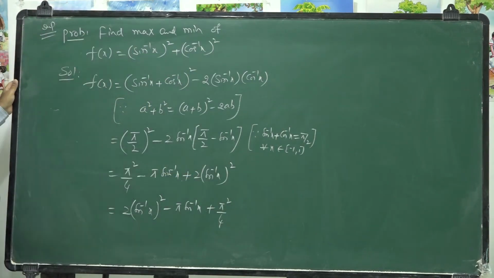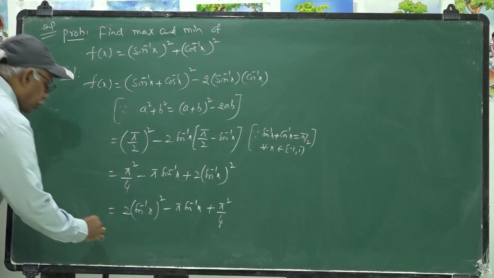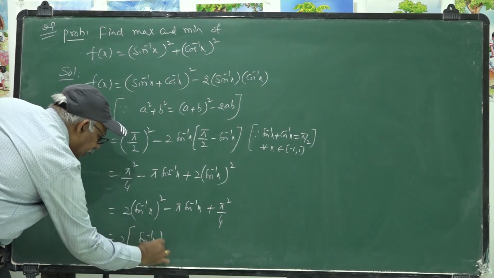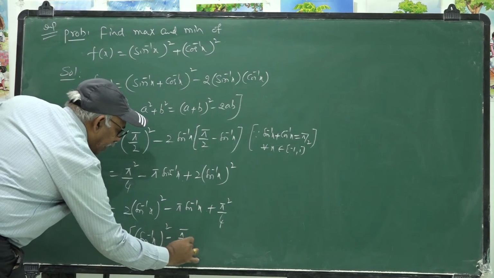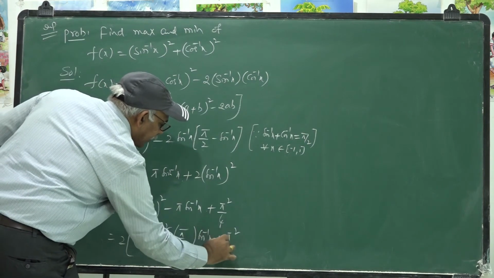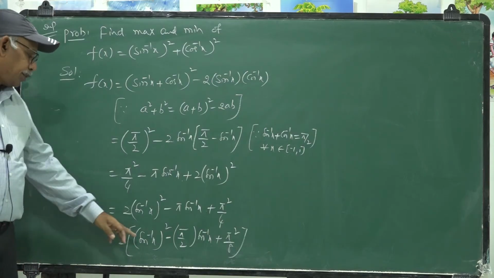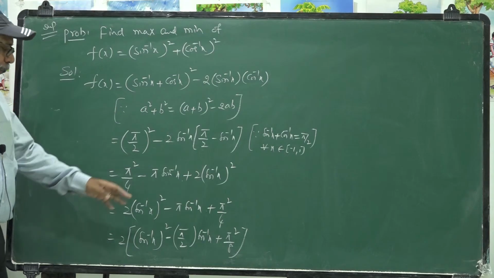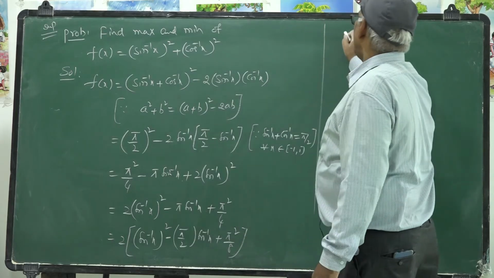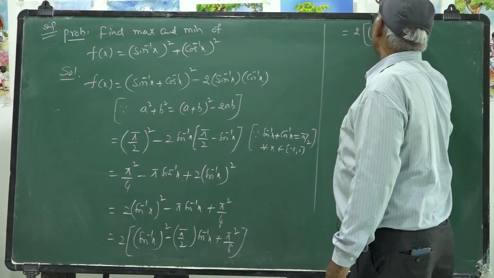I am just rewriting the terms. Now divide the expression by 2. That gives us 2 into (sin inverse x) whole square minus pi by 2 sin inverse x plus pi square by 8. Taking 2 as common, we get 2 into (sin inverse x) whole square minus pi by 2 sin inverse x plus pi square by 8. Now that is f equal to 2 into (sin inverse x) whole square minus,